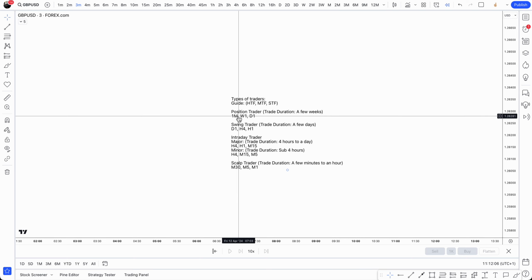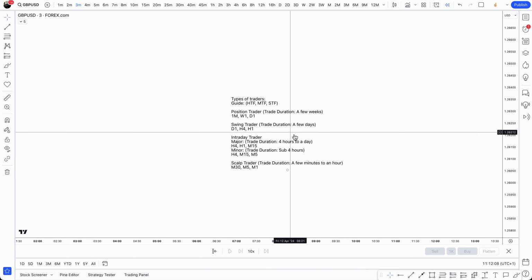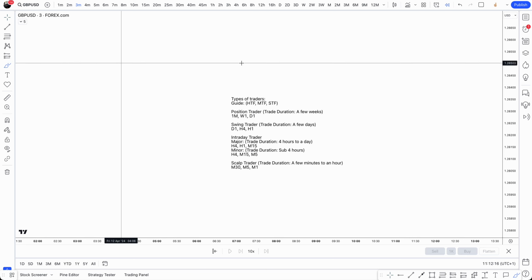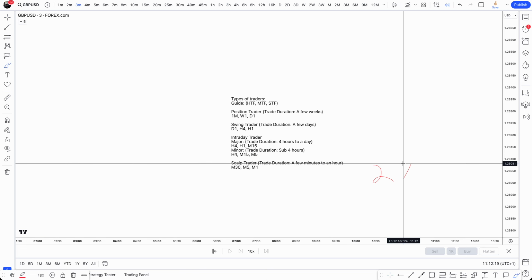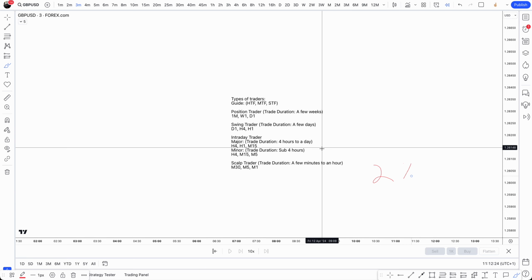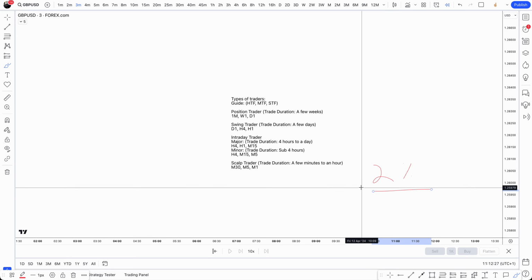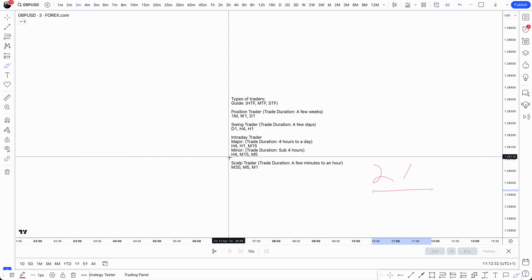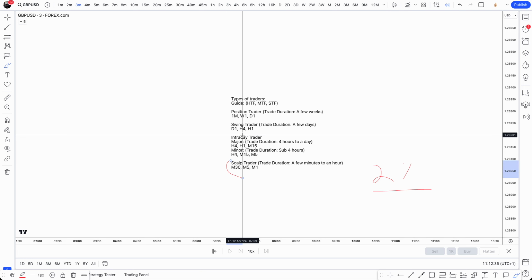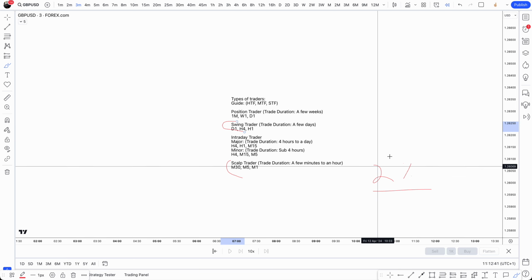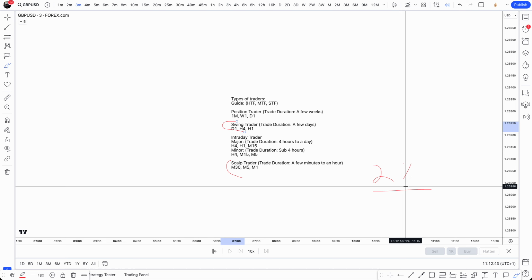Because I can tell you from experience, a swing trading style is very, very, very different to a scalp trading style, right? Scalp trading style, you'll be able to capitalize 2% in a matter of minutes, and as a swing trader, this could take up to a few days, right, to get 2%. Doesn't mean one is better than the other, because you can lose 2% as quickly as you can make 2%, if not quicker as a scalp trader, right? And you have, I guess, more breathing room as a swing trader, and you won't be losing this amount that quickly in that essence, right?